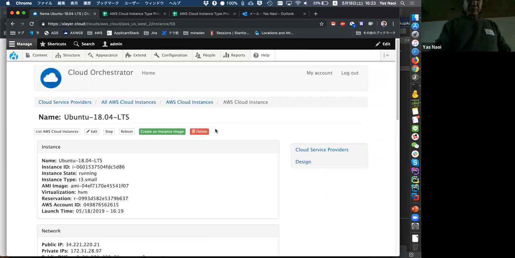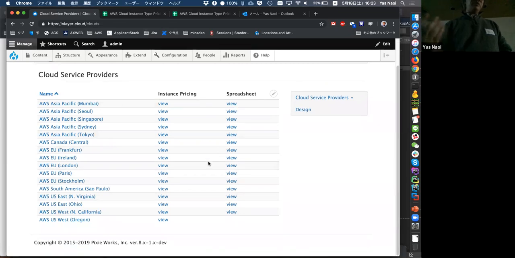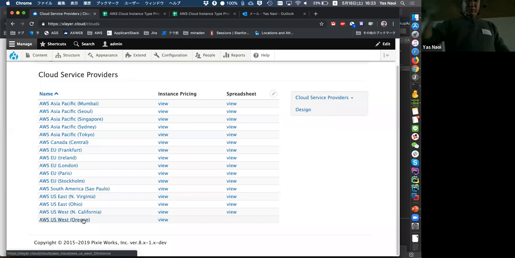So this is the cloud orchestrator capability, and we have already done the basic EC2 functionality, exactly the same EC2 functions, mirroring the original AWS Management Console site. So we don't have to create individual users on the AWS Management Console. Instead, we just give this URL to our researchers and employees, and then they can access EC2.